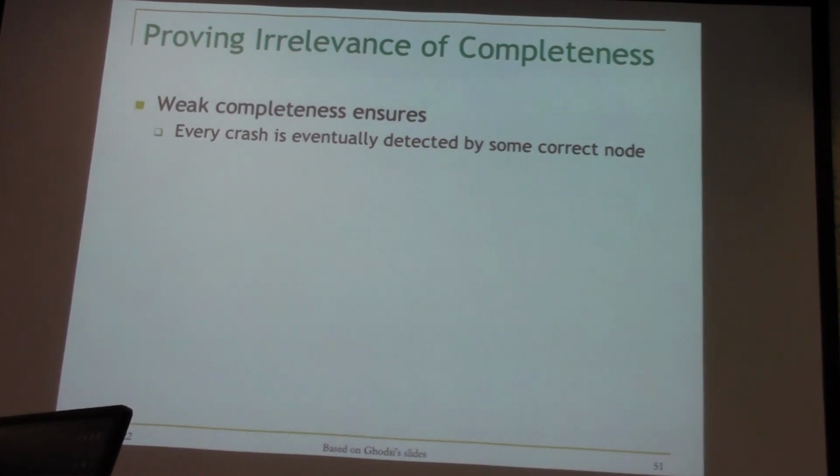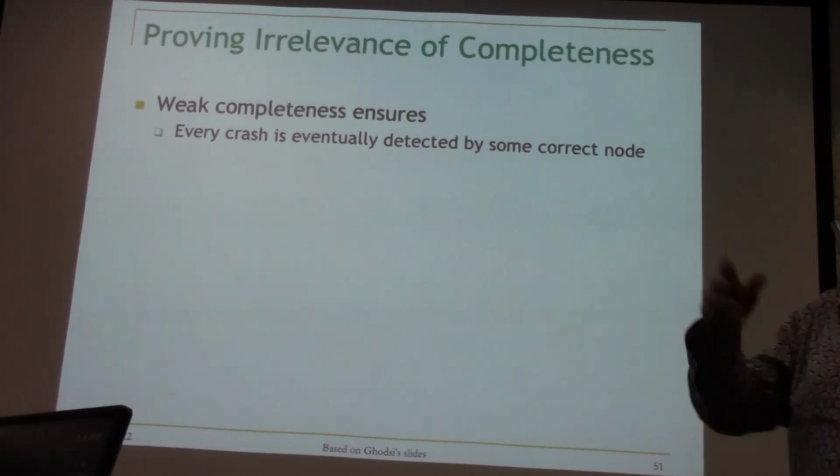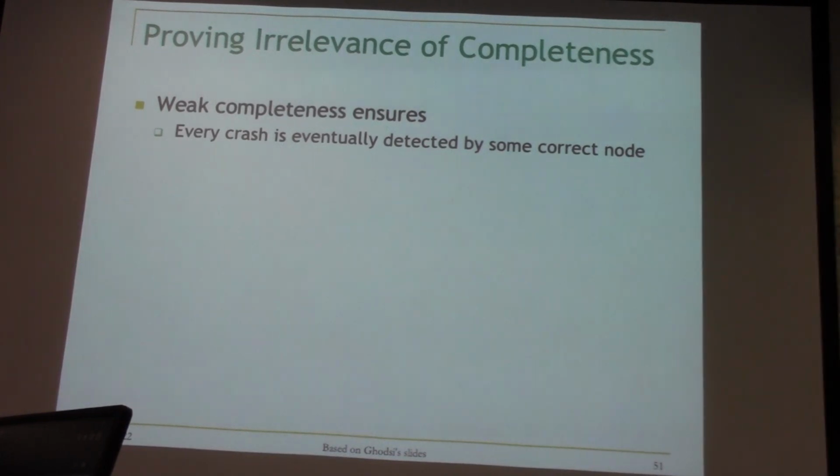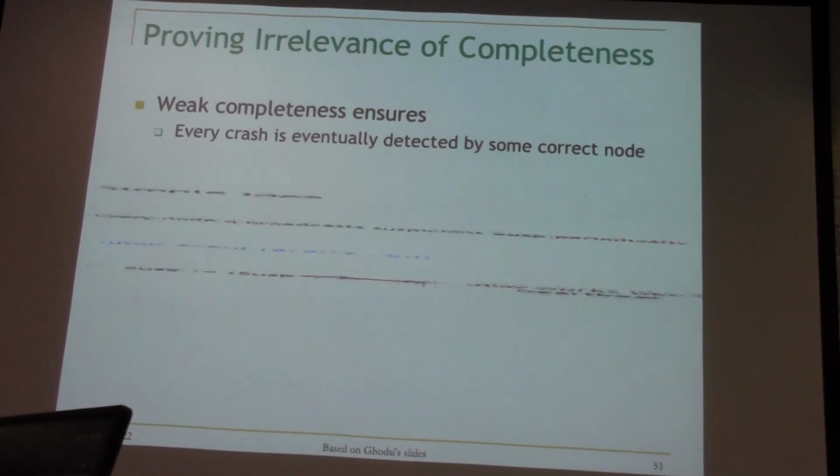Yeah? The privileged node communicates the information. Yeah, the privileged node, when it finds out what the crashes are, just broadcasts that to everybody else. And then everybody knows. So simple. Okay? So that means they're actually equivalent.